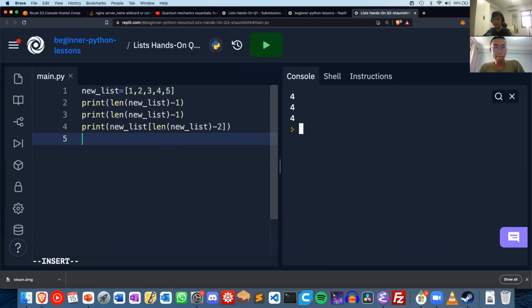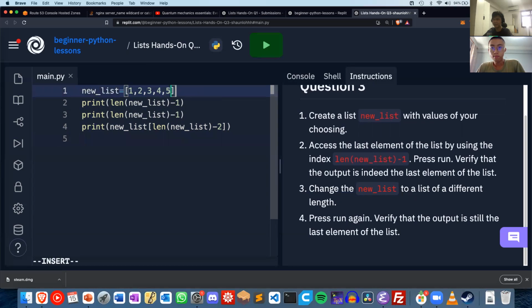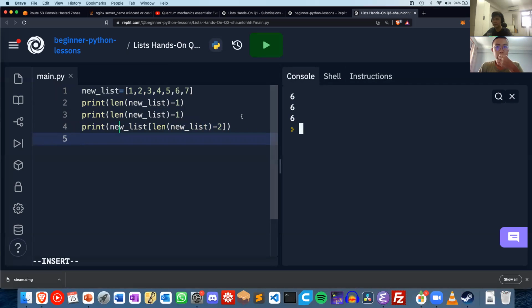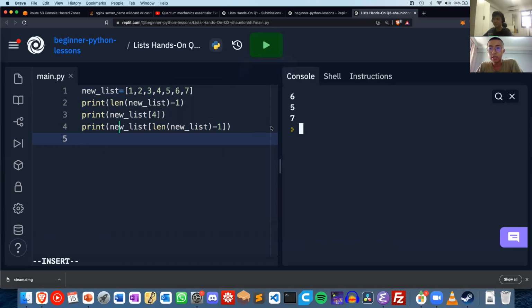Okay. So now if you try to edit the list to, let's say, add some additional values, then if you press run again, do you understand why it's this way? Because there are two more, right? So if I delete line 3, and let's say I change line 4 back to length of new list -1. Let's say I put another line over here, accessing index 4. So if I press run,